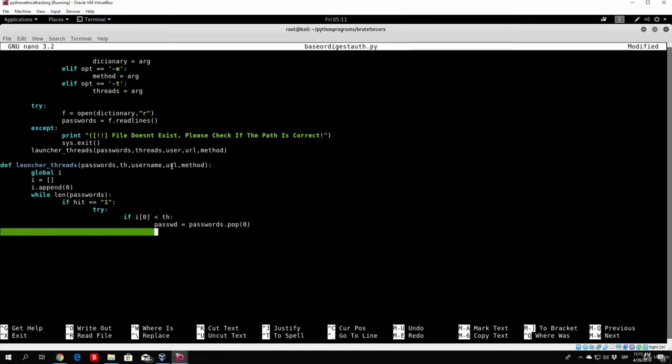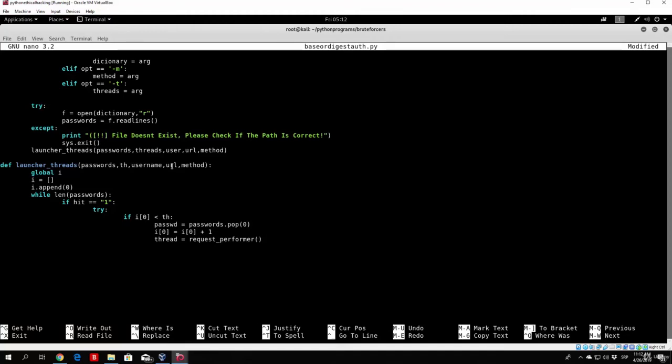Let me just show you what I'm doing right here. And then our I, the first element, will be equal to the current first element, which in our case at the first iteration is 0. Let me just find where 0 is. Okay, so here it is. And then we will just add 1, which means that we are going to start one thread right now. So we want to add the number 1 to the list in order to keep track of these threads right here. Then we create the thread, as I said, so thread equals request_performer,